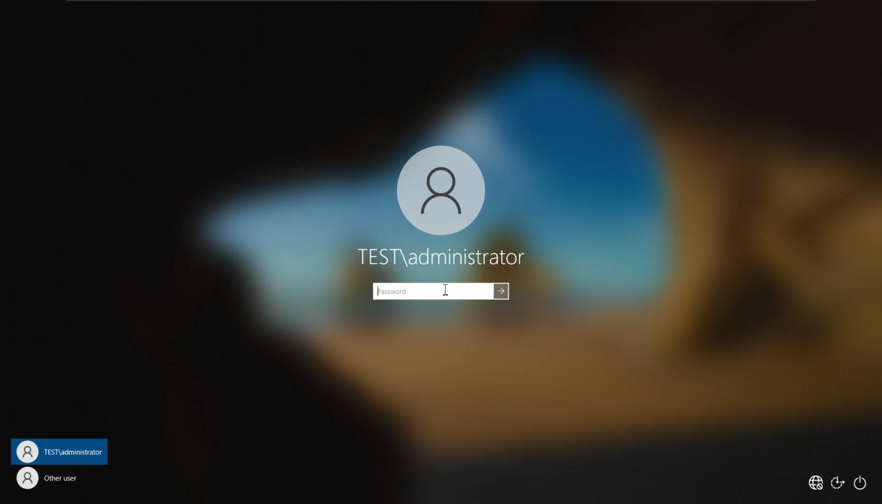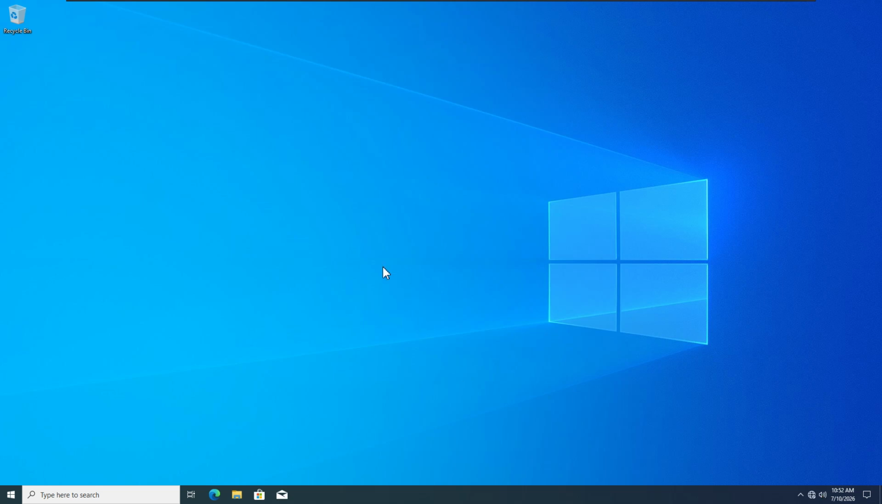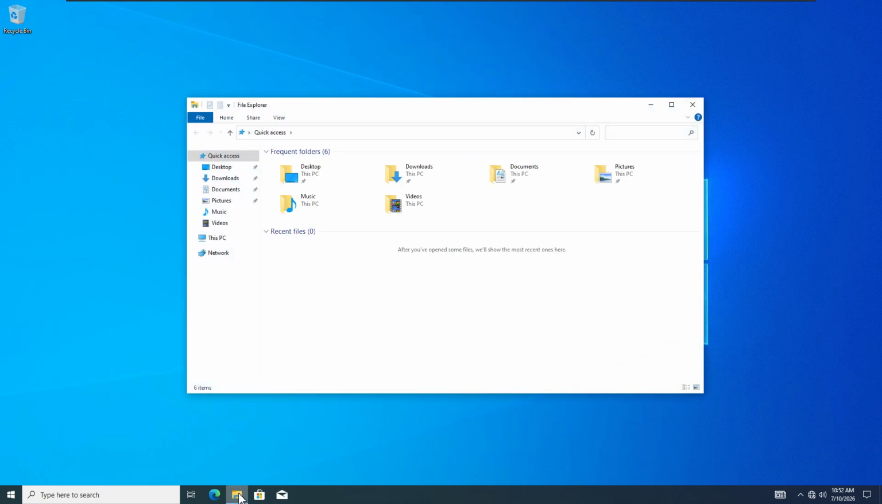Okay, now let's log in with the administrator account of the domain controller or domain. You can see test is here. I already described that. Okay, so we are logged in, and similarly, if I just open this and right click on this PC, go to properties,